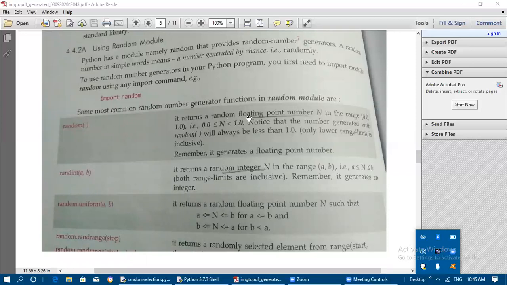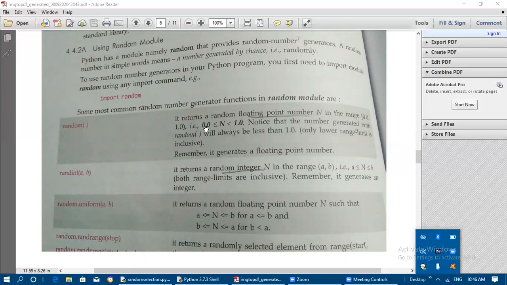It returns a random floating point number n in the range 0.0 to 1.0. You need to remember here, this random function will generate a floating point number between 0.0 and 1.0, that is 0.0 less than or equal to n less than 1.0. So it won't produce 1.0 exactly, it will be less than 1.0 only.